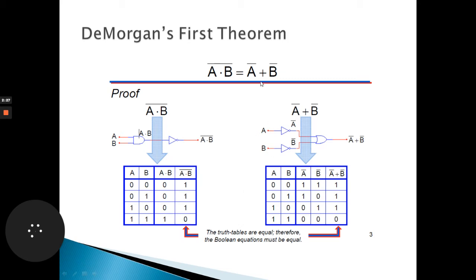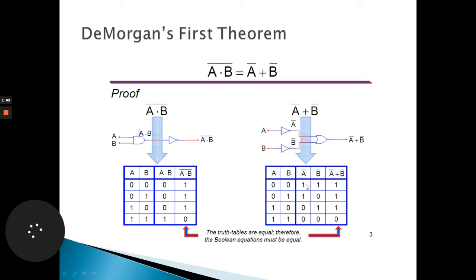Now similarly for the RHS part, that is A bar plus B bar, we write the A and B inputs with the maximum possible combinations. Now inverting A, the first column, after inversion 0 changes to 1, 0 to 1, 1 to 0 and 1 to 0. Similarly for B, we write the B values in inverted form. For 0 it will be 1, for 1 it will be 0, again 0 becomes 1 and 1 becomes 0.